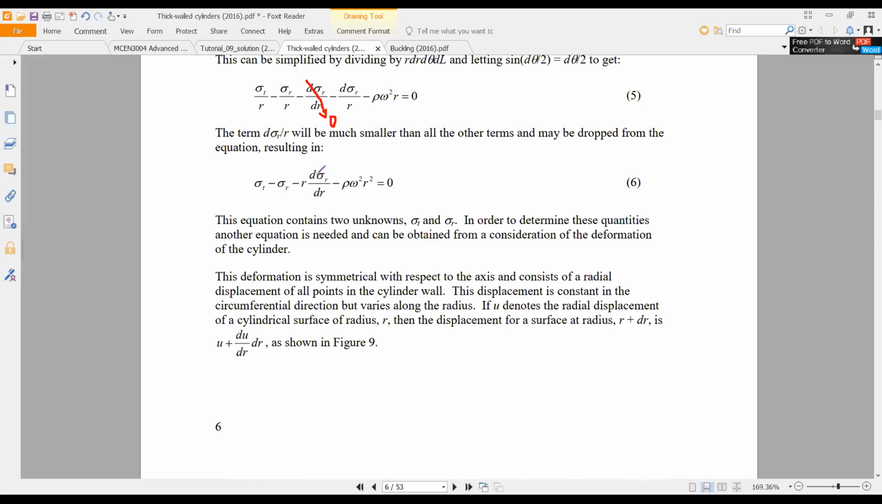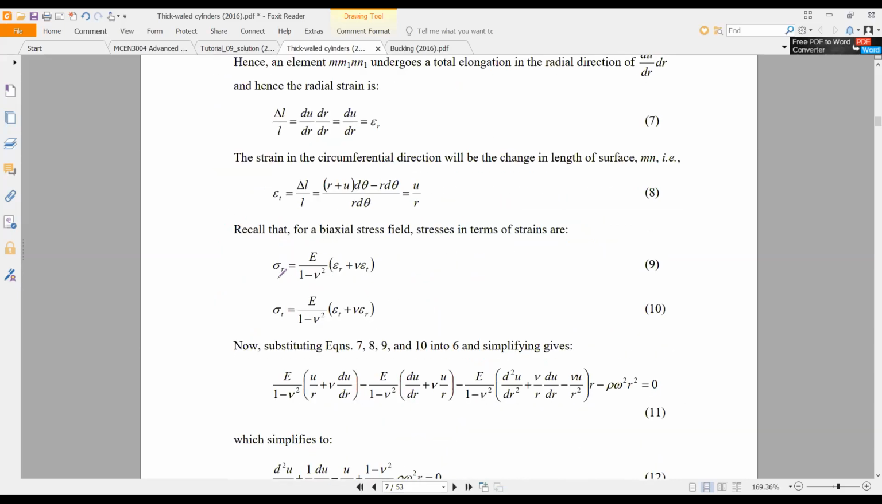And in here sigma R, you need to differentiate with respect to R, then you substitute here. So you have sigma R and sigma T here. So after substituting epsilon R and epsilon T from here, epsilon R is du by dr in here, and u divided by R is the tangential strain. Then